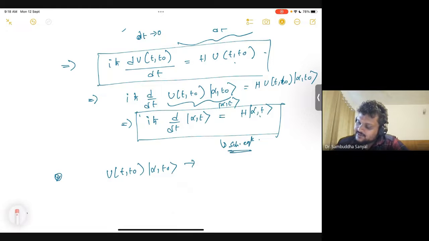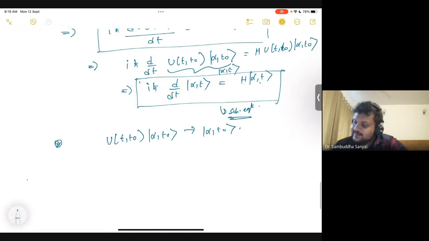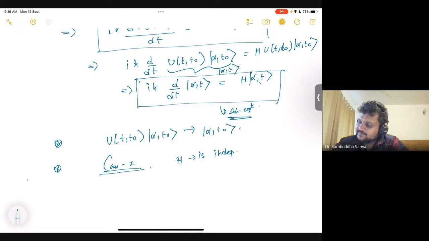That is exactly also the same way, because we also earlier learned that if I know the differential form, I can work out the full form. It will be an exponential. That's what we'll see. Okay. Now, there are three possible scenarios from here. So let me call it case 1. Now, additional complications can arise from that, where H is independent of time. So that is what is our interest in QM1.